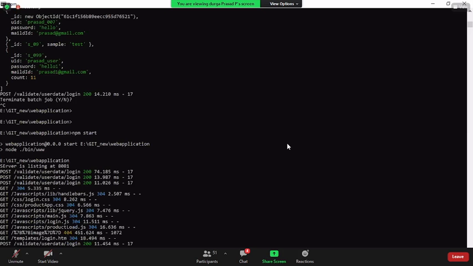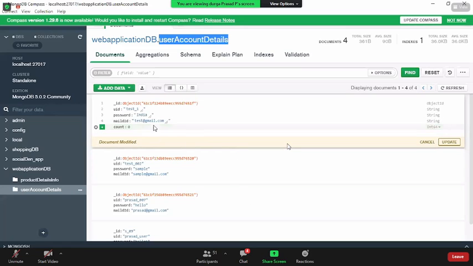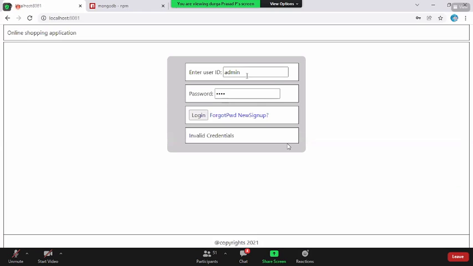Let us go into the database and see what the valid credentials are. There is something called test underscore 002 and the password is sample. Let us see this. I say test underscore 003 and try it out, with the password sample. Once you click on login, again, invalid credentials? Okay. Now, if I make it test 02, once I click on login, even this is saying invalid credentials.